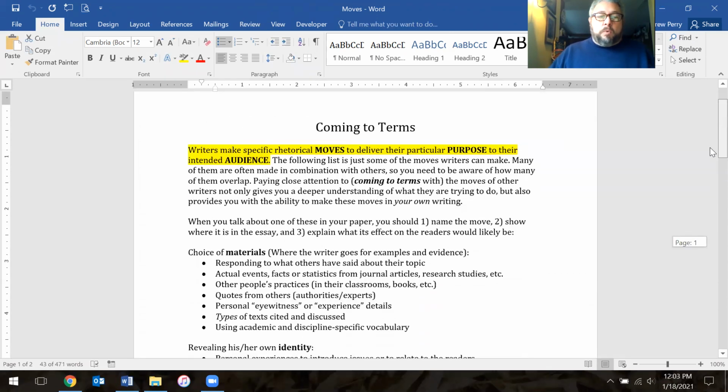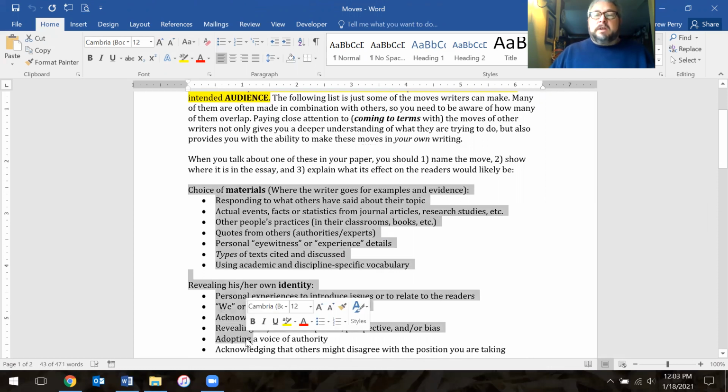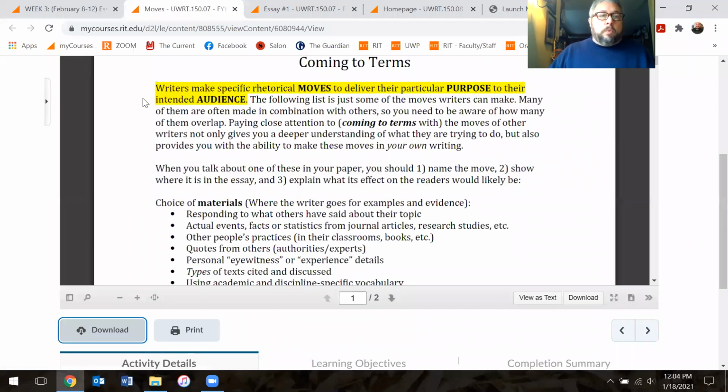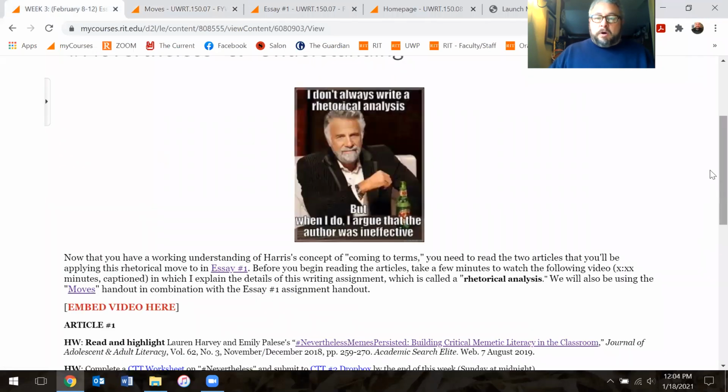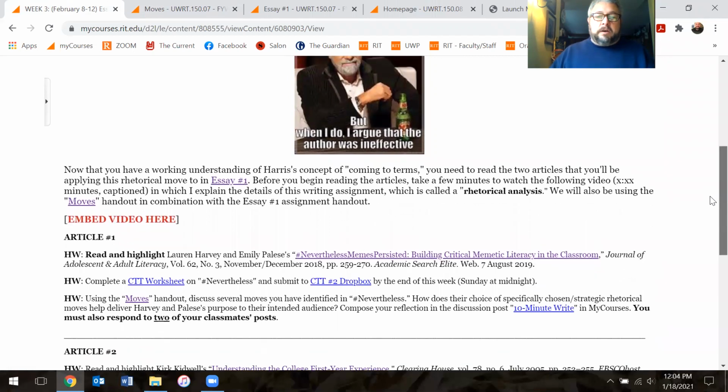But what you're doing in paper one is you're looking for where you see the author of your chosen article deliberately choosing these moves to get what they want from their particular audience. And once again, as I've said before, if you have any kind of questions about this paper, it's really straightforward. It is simply 2 body paragraphs with a structured fill-in-the-blank intro and a working conclusion that lays out here is how I might respond in the next draft of this particular paper.